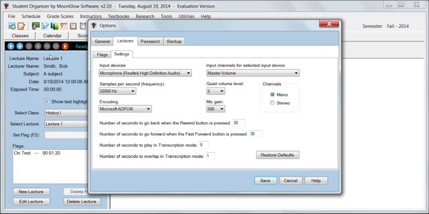When you're playing, this rewind and fast forward button here will be enabled, and clicking those will cause the recording to jump back or forward a certain number of seconds, and you can adjust that here. The default is 30 seconds, but you can change it. The transcription mode, the seconds to play and the seconds of overlap,